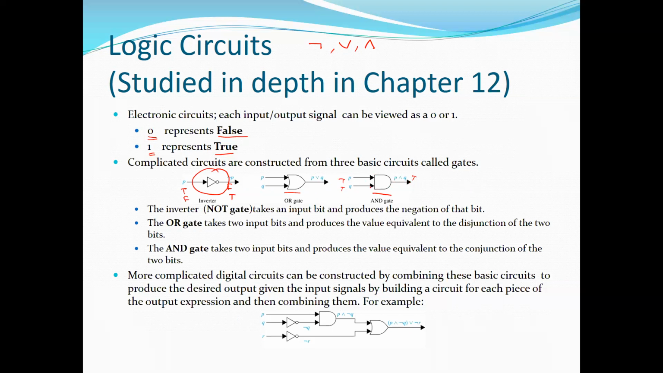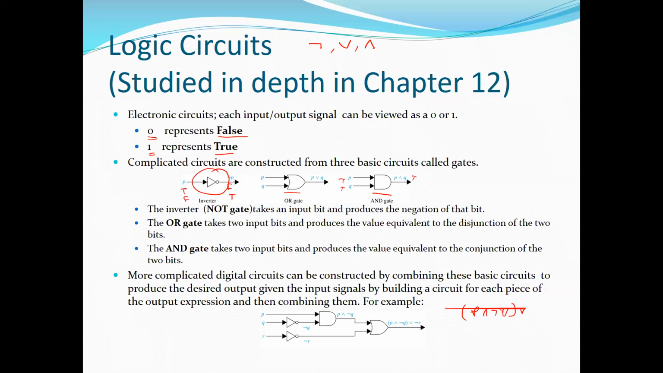So we have the circuits available in the market. The ICs are available that implement those logic gates, right? And with the help of these basic three logic gates, we can have a complex circuit like this. So for example, if I have the Boolean expression P and not Q or not R, right? P, that is written over here, P and not Q or